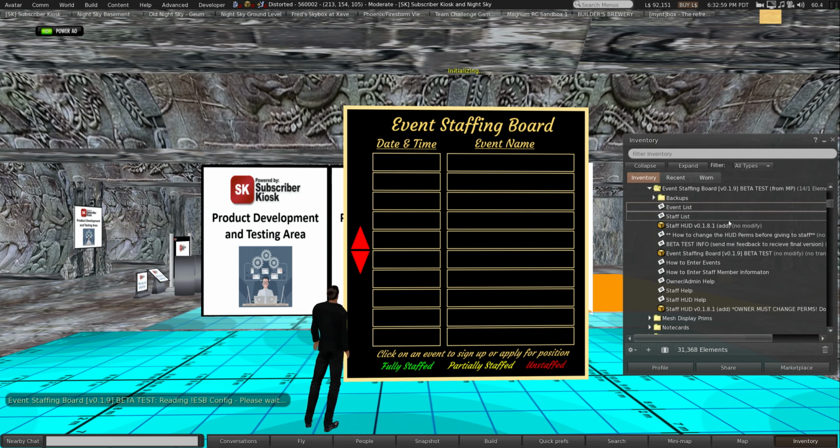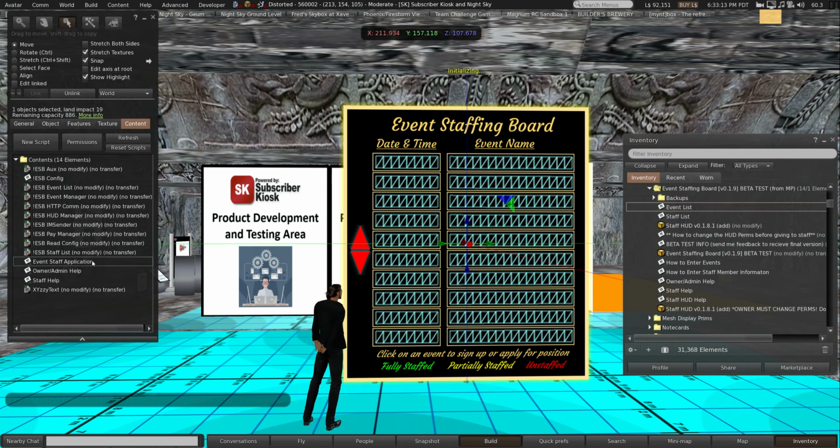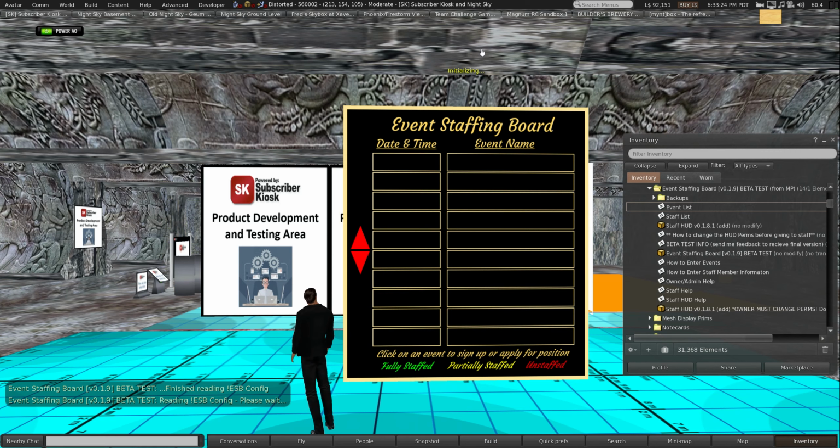And then I'm going to drop the new event list into the board. I need to wait until it's finished initializing right now. And then we'll open the board up to the inventory, and I can just drag this event list into my inventory. Once again, the board's initializing. If I try and do something while it's initializing, it'll tell me that the board is in use, so please try again later. It takes a few seconds to read that configuration note card